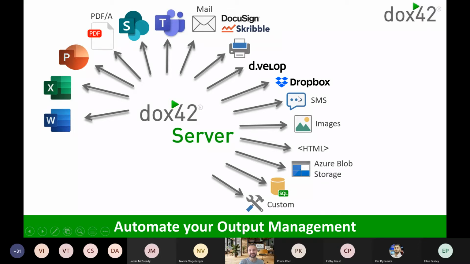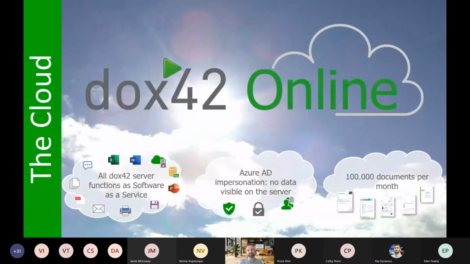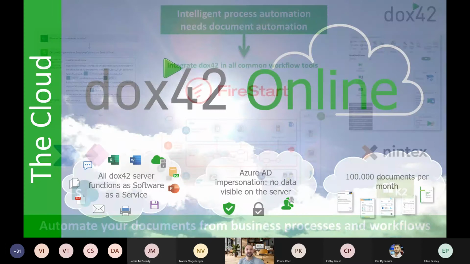So at the end of the day, you have a lot of options to get the data in, but also to put that document somewhere. And the service itself is independent from the application it's getting the data from, and it's saving the data to. So you stay flexible in terms of what scenario you want to use. We have both the service in the cloud, which is Docs42 Online, and on-premise. If you're still looking into this, that's also perfectly fine.